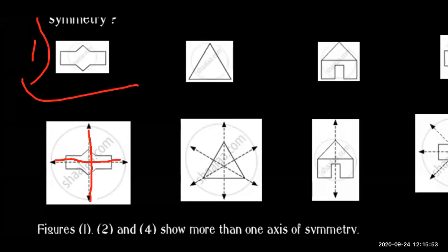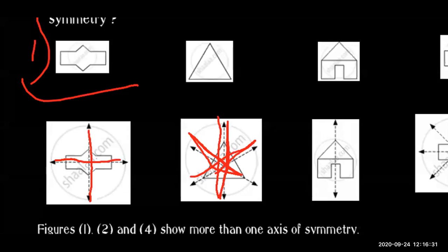Now if we see the second figure, it is a figure of a triangle. Now the triangle, if I fold, the first fold will give a straight reflection. Then if we fold from downward from here, it will also reflect, and then from there it also reflects. That means it is folding how many times? Three times. That means it has three axes. So this triangle is showing how many axes? Three axes, more than one. It is showing three axes.